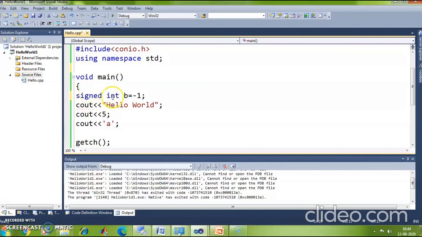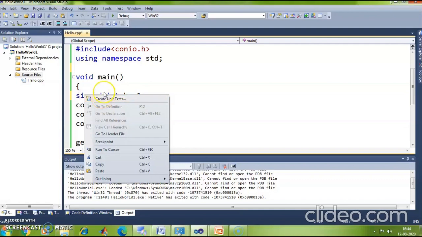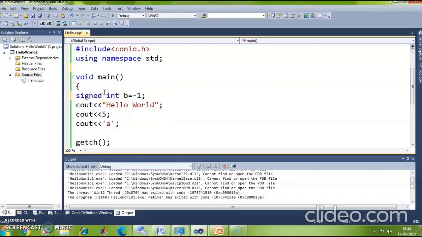So is this valid? Yes, it is valid. By default, an integer or a character data type will be of type signed. So even if I remove this modifier, by default this integer variable will be holding a signed modifier.